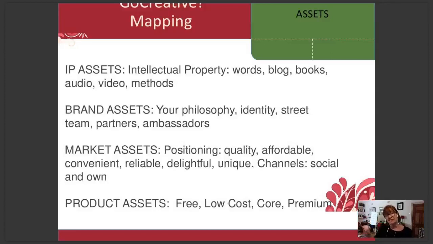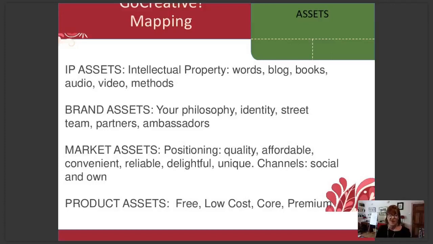Some of the creative artists among you will need to think about: are you trying to delight? Are you trying to shock? So it's all about your unique you. And part of your market assets as well, of course, is your channels, your social media presence, your blog, particularly your own website, but also other channels that you will use to reach and get your message out when you're wearing your entrepreneur hat. So these are the various forms of market assets, and it's about where you position yourself within the marketplace.